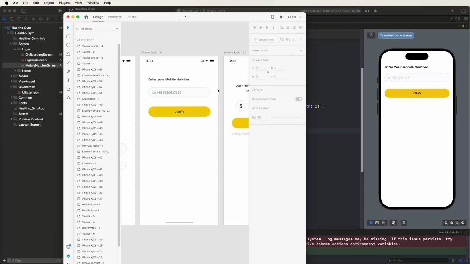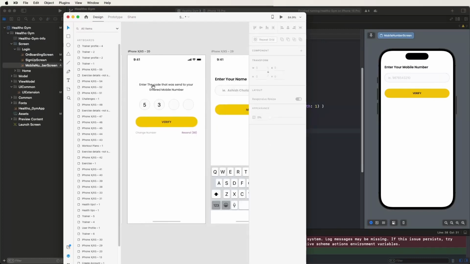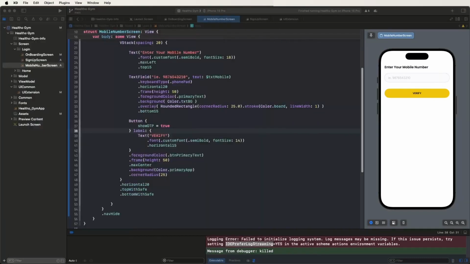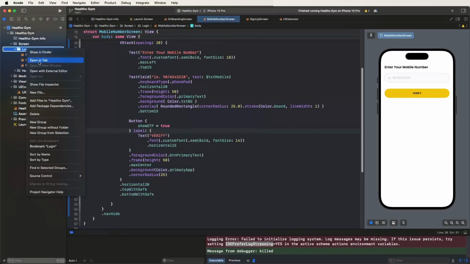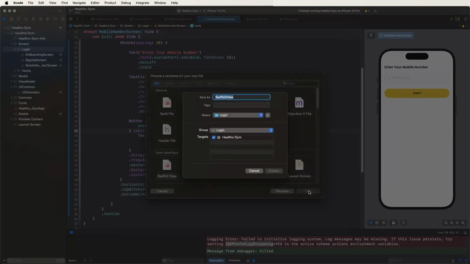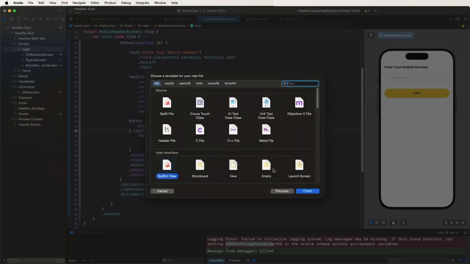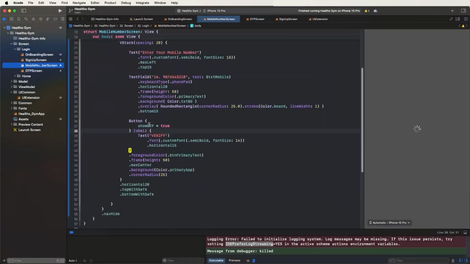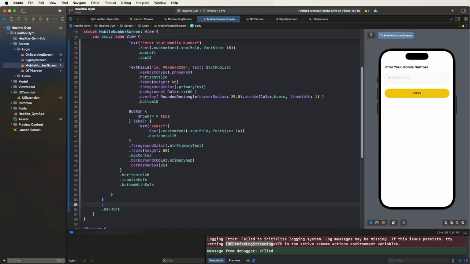Now we need to develop the OTP screen. Set up a new file and create a SwiftUI view called OTP screen like this. First of all, we need to set the basic configurations, the background and nav